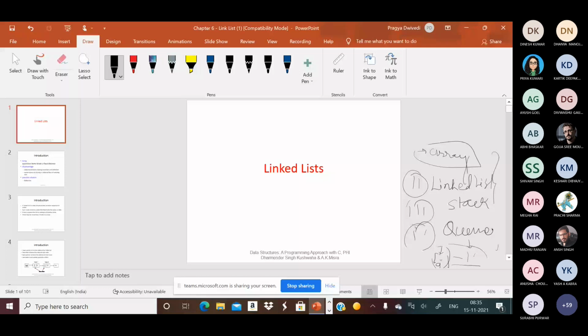Now, another way to represent a list is by using the linked list representation. It is also a collection of similar types of elements. Whether you are using an array, that also consists of similar types of elements, and in the linked list structure, similar types of elements are also stored.